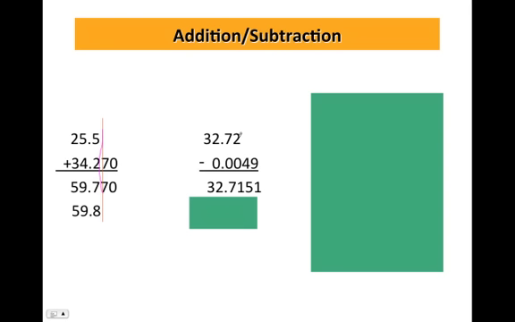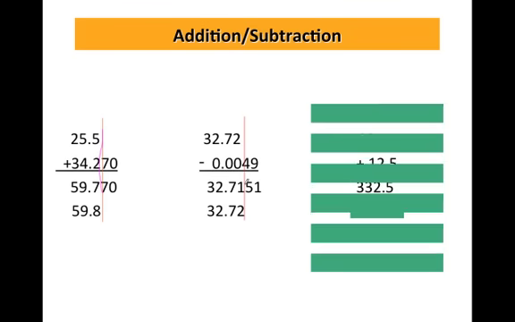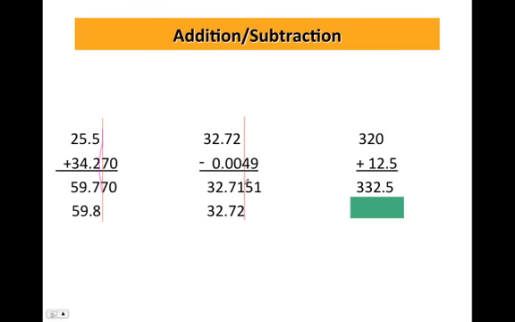Here we have 2 digits after the decimal, and here we have 4. That means we're limited to 2 digits after the decimal, giving us an answer of 32.72. Finally, here, this is a different kind of problem. Where is our last significant figure here? 1 digit after the decimal. Here, it's 1 digit before the decimal, right? And that means our entire answer will have to be rounded to the tens place, giving us an answer of